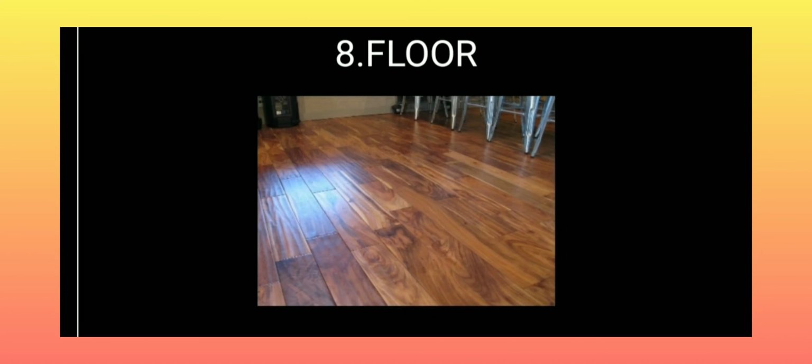And the eighth component is floor. It is the finished horizontal surface of the building or rooms where people walk. It has two main components. The first one is subfloor and the second one is floor cover. The slab floor is constructed to support the imposed load coming over it. It gives strength and stability to the floor. Floor cover is the finish provided in the form of tiles, granite, marble, concrete, etc.